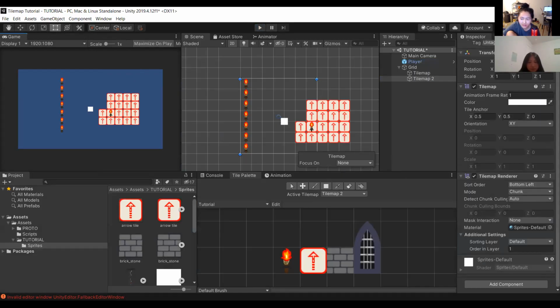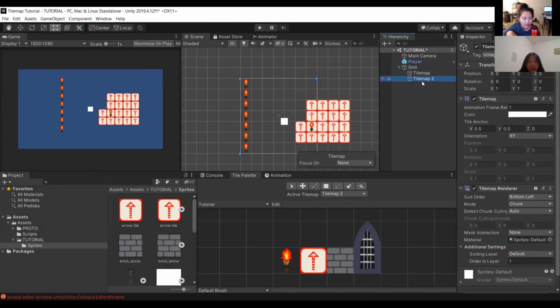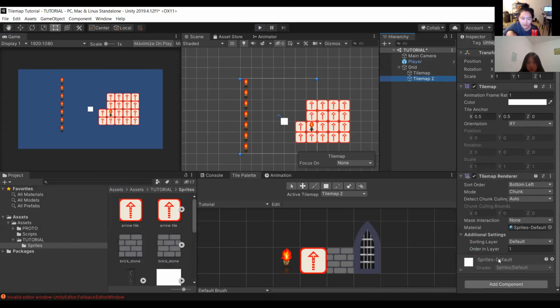Does that make sense so far? How did you move it to the front? You want to click on the tile map that you want closer to the foreground. In the inspector, go to the very bottom, where it says additional settings, and change the order in layer from 0 to 1. Does that make sense? Did that work? Okay. And if I want another tile map that's even closer to the foreground, I'll create one, set the order in layer to 2, and then 3, and just go to infinity, essentially. Okay, so hopefully that makes sense for people.